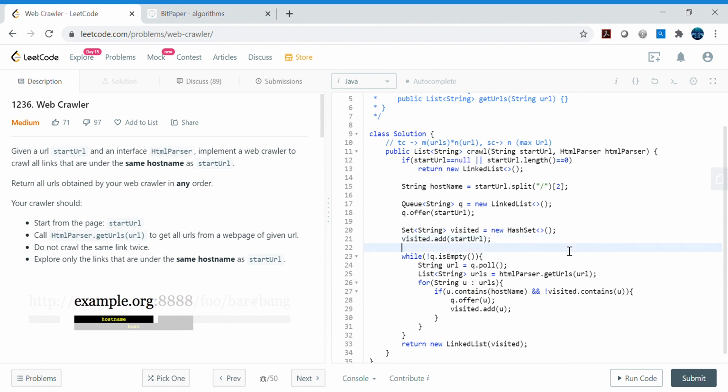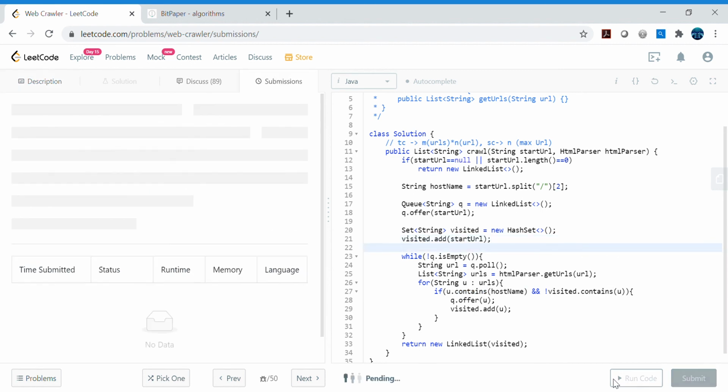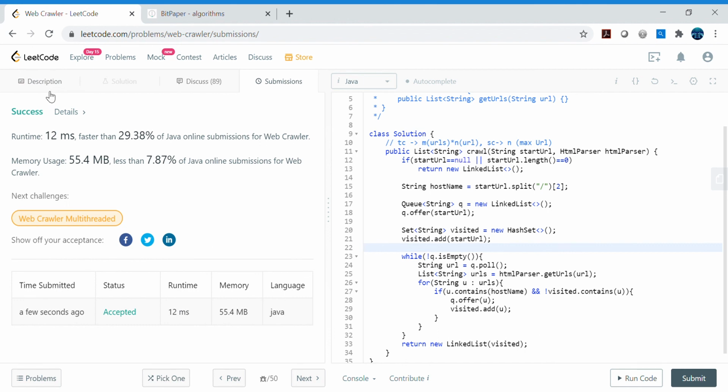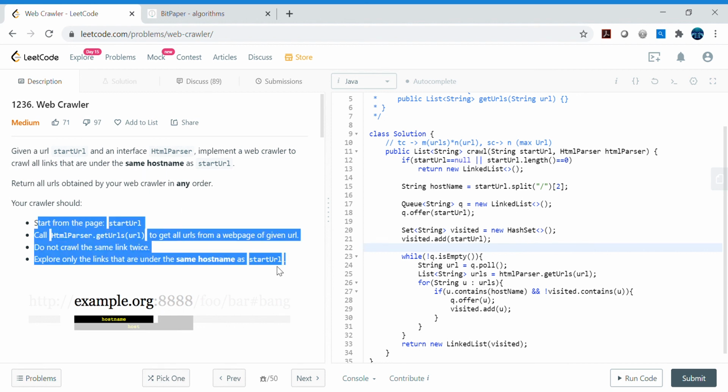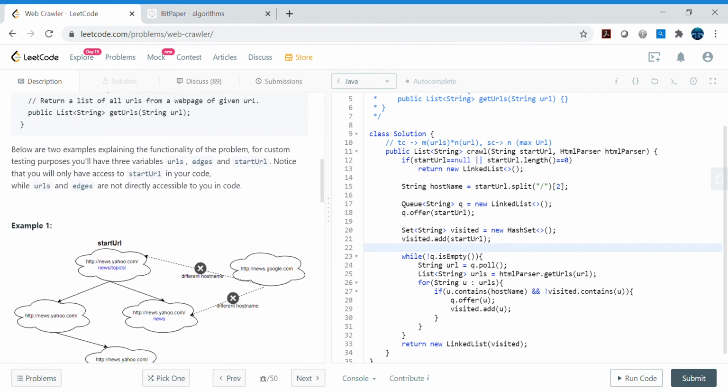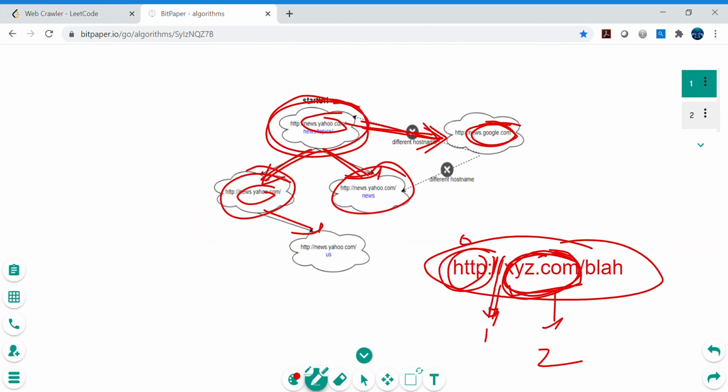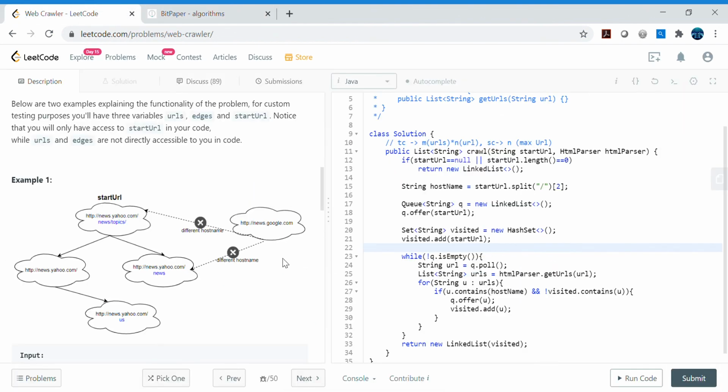All right, so this is, I think, pretty much it, and then let's go ahead and try to submit. It looks like this concept is working fine. Now, before ending this video, a very quick summary. First of all, we need to design the web crawler here, and we need to follow exactly the same steps that we have been given. If we see this diagram, the picture will be pretty clear, because the nodes are already connected in a graph manner. If we start from the start URL and call this API, it will give us the connected nodes, which we consider as neighbors.